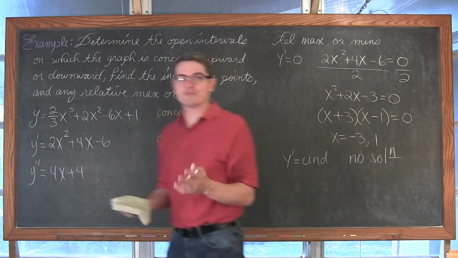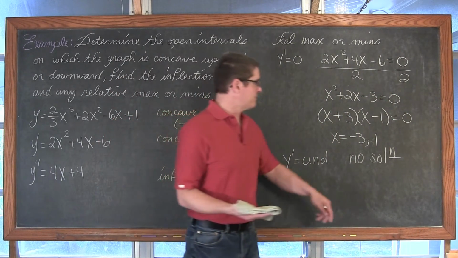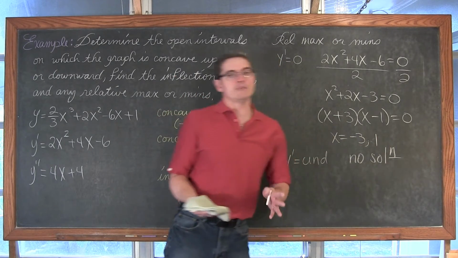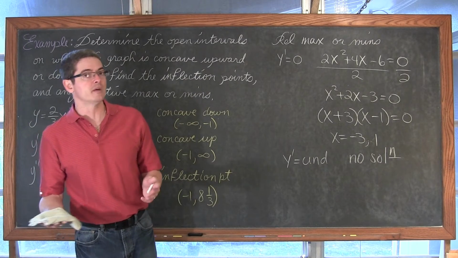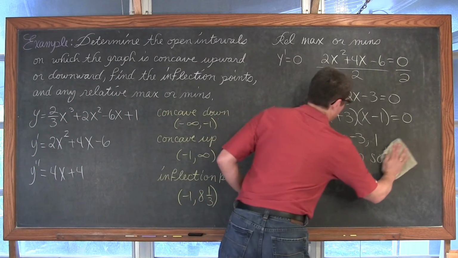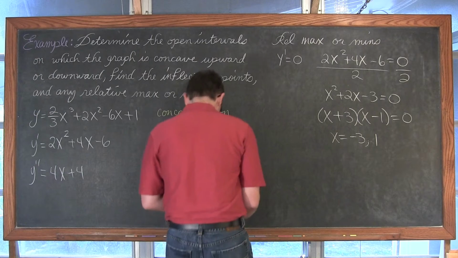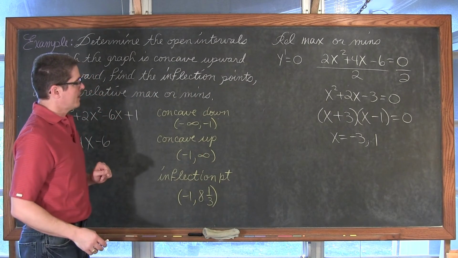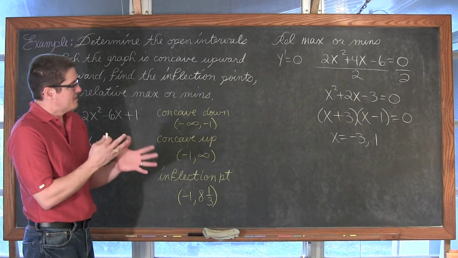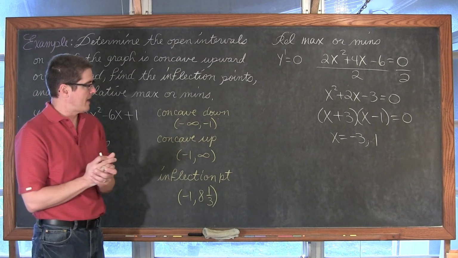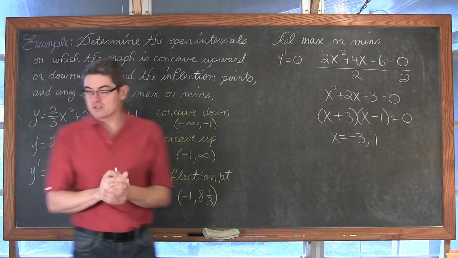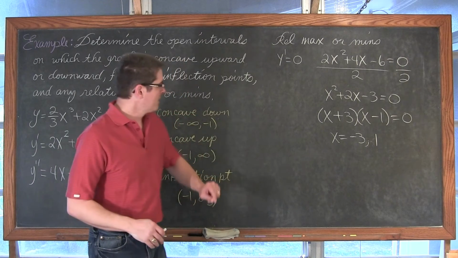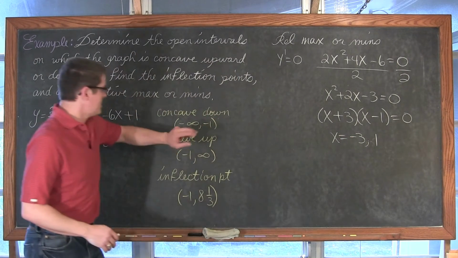Well, I could do the first derivative test and plug in a value to the left of negative 3 and to the right of negative 3 and to the left of 1 and the right of 1, but I'm supposed to be teaching you the second derivative test, not the first derivative test. So I'm going to take that value of negative 3 and decide, is it a relative min or is it a relative max? I can plug it into the second derivative, which is 4x plus 4, but negative 3 is in this